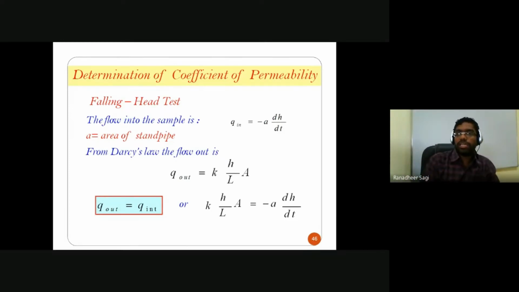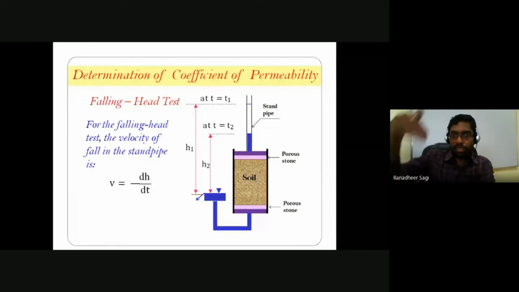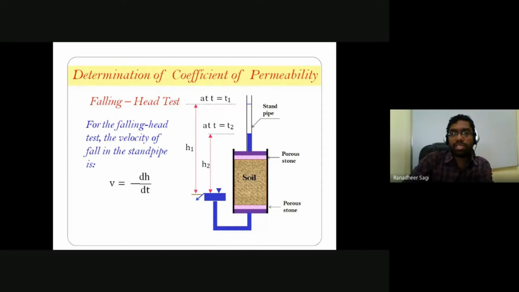Now, what is the rate with which the flow is entering into the soil sample? How do I write down flow rate? Flow rate is nothing but cross-sectional area into velocity with which the flow is happening. Through what cross-sectional area are you measuring the flow rate entering into the soil sample? With reference to the cross-sectional area of the standpipe. This is the cross-sectional area of the standpipe through which you are trying to measure how much flow is entering into the soil sample. So the flow rate entering into the soil sample is nothing but the cross-sectional area of the water available in this standpipe into, with what velocity?